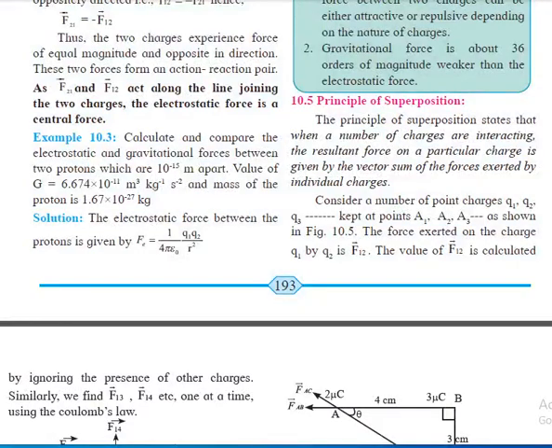Welcome back everyone. Here we are with the second lecture of the chapter Electrostatics from your textbook. In the previous lecture we had a discussion on charges, their properties, additive process, quantization of charge, Coulomb's law, its scalar and vector form, and many more things.